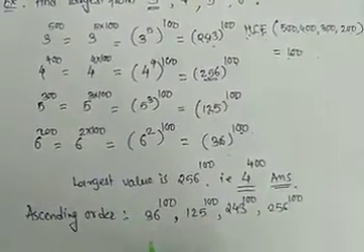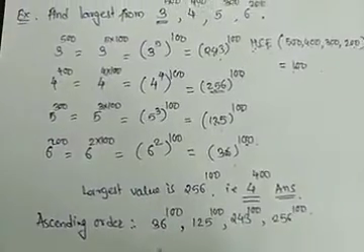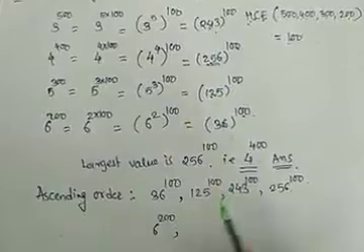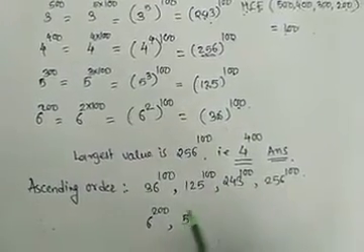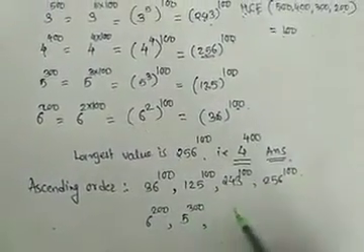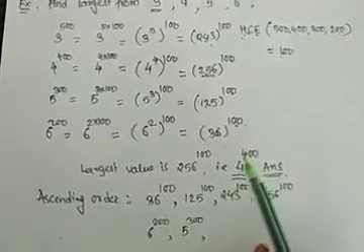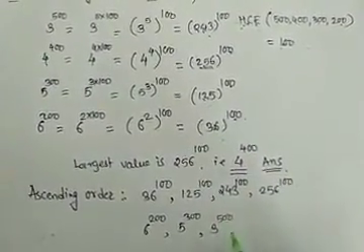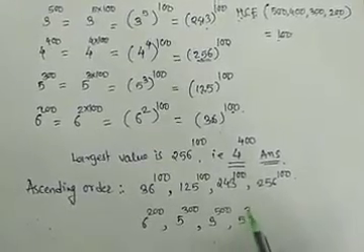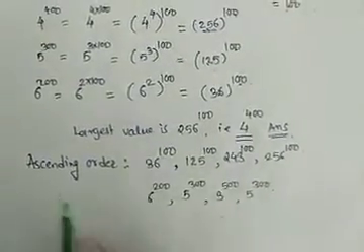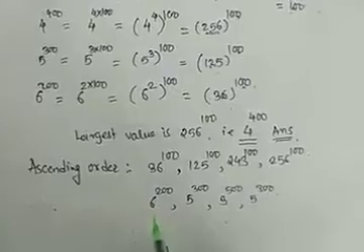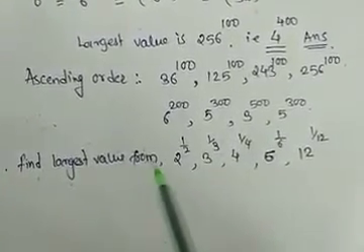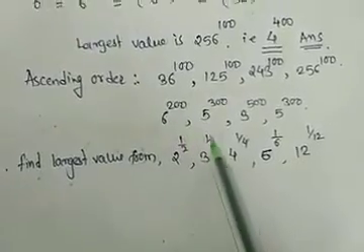That is, 36 raised to 100 is 6 raised to 200. 125 raised to 100 is 5 raised to 300. Next, 243 raised to 100 is 3 raised to 500, and last it is 4 raised to 400, which is our ascending order. Next example is: find the largest value from 2 raised to 1 by 2, 3 raised to 1 by 3,